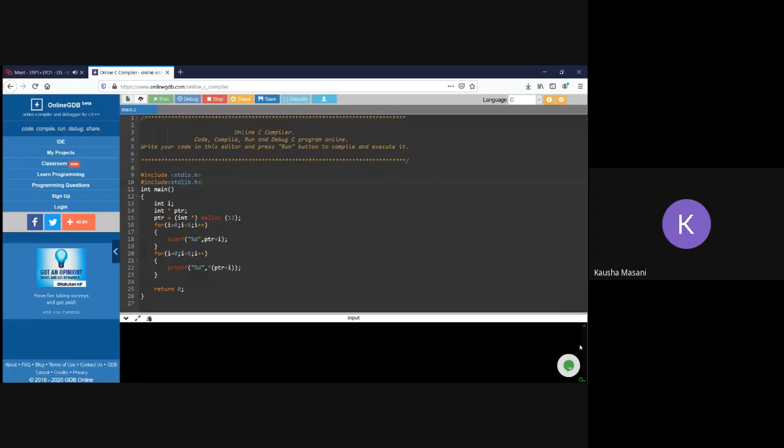Do one thing, copy the code and reload this online compiler.